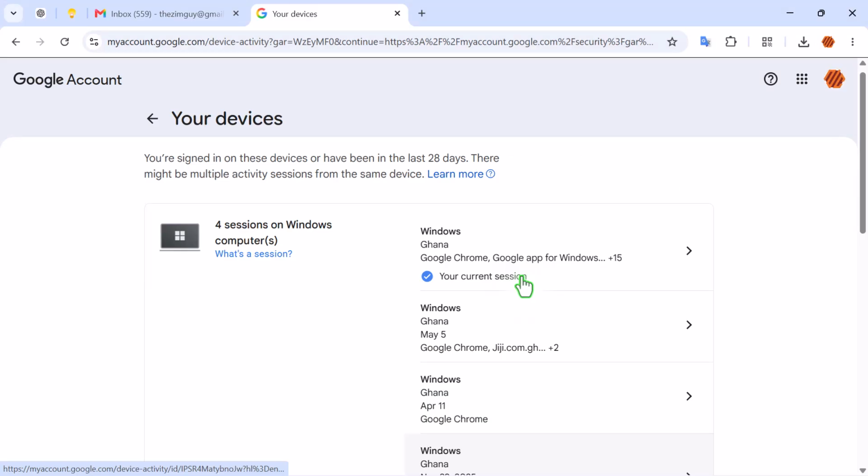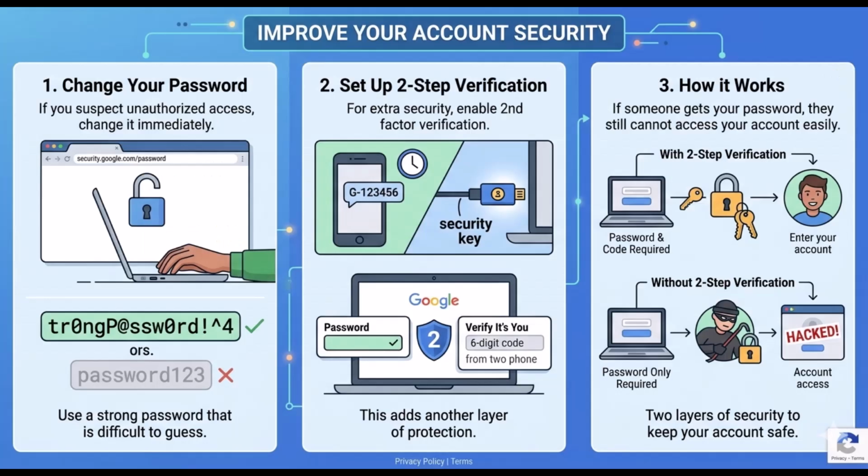Now, if you strongly suspect unauthorized access, you should also change your password immediately. Make sure you use a strong password, something unique and difficult to guess. Avoid using simple passwords like your name, birth date, or 123456. And for even better protection, enable two-step verification. This adds an extra security layer to your account. So even if someone somehow gets your password, they still won't be able to log in easily without the second